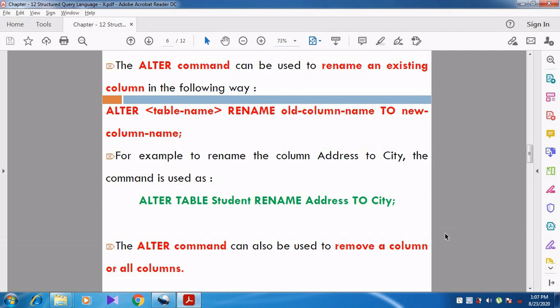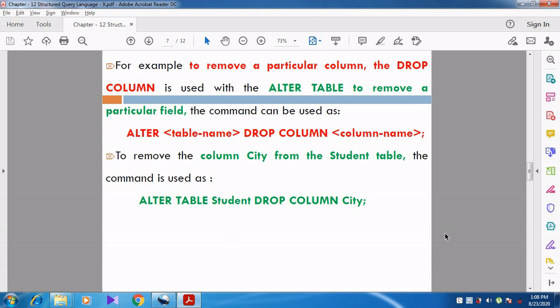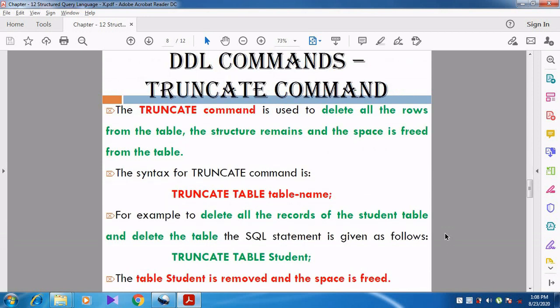Whenever I want to rename: alter table, table name, rename old column name to new column name. Whenever I want to drop a particular column: alter table, table name, drop column, and then the column name. Right? So these are the different ways we can use the alter table command.